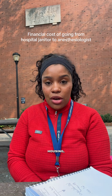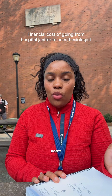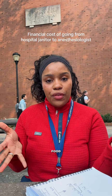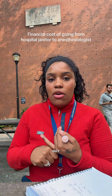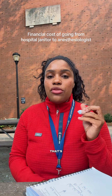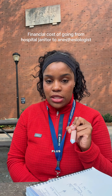We also have housing, food, transportation. Because a lot of people in medicine don't always come from money. So they add on these extra housing and food fees so people can pay for their housing and food, which I did. So I maxed out on my Grad Plus loans and my student loans that I needed for each year. So that's roughly about $100,000 that I took out in student loans and Grad Plus loans in order to